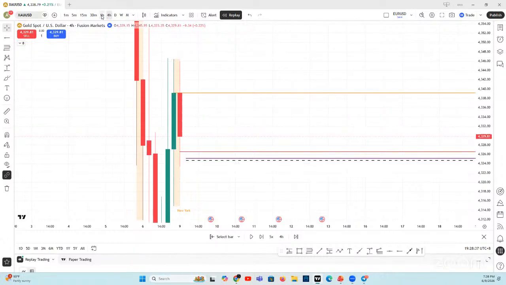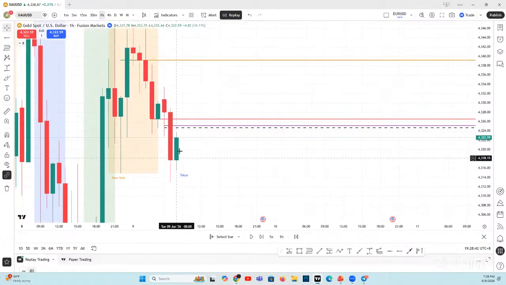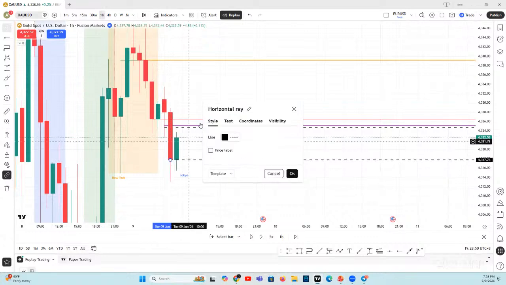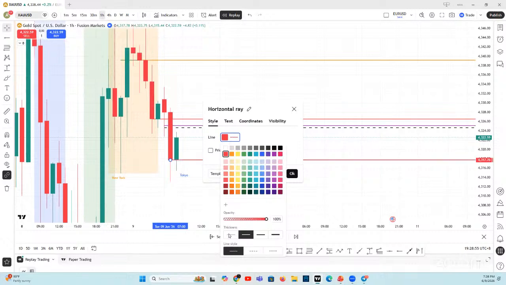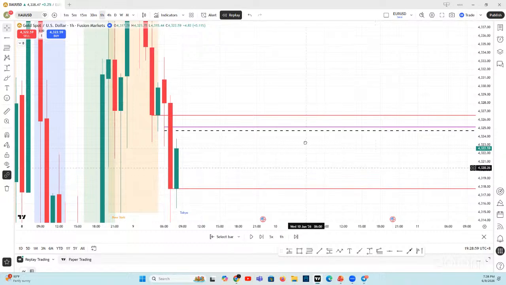Price went up there. Lower time frame, H1. Okay, now in the lower time frame, you have a new SNR. Always highlight that. What is H1? Red light. Okay, very nice. So we have this,